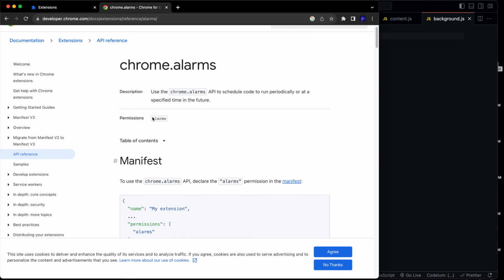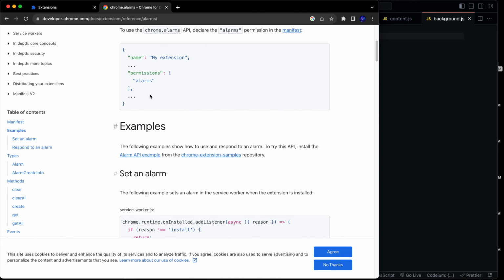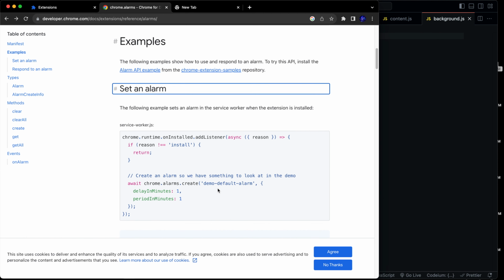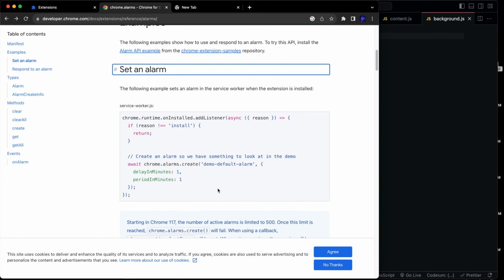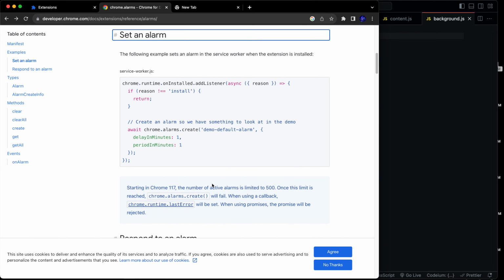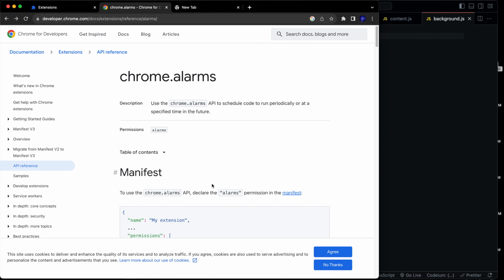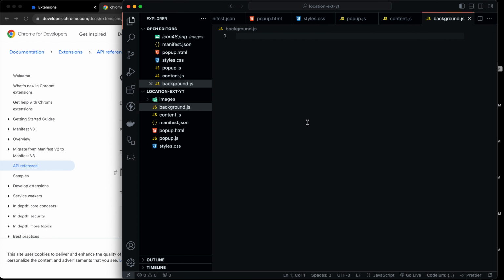So this allows us to create alarms, basically, which trigger when a specific time is reached. So you can execute a code block based on the time which you have given to the alarms. So basically what background.js does is it listens to